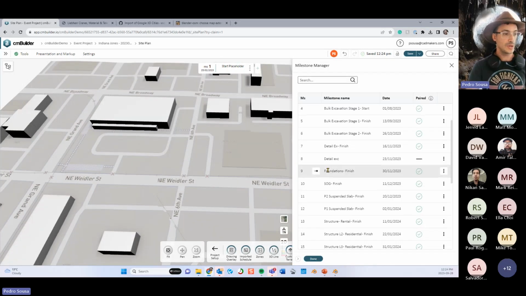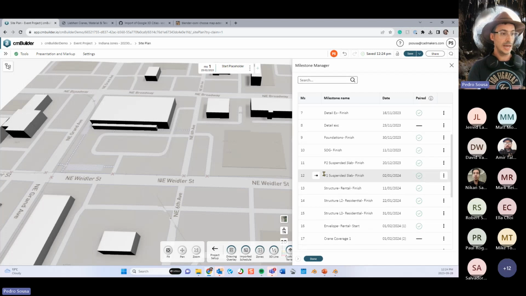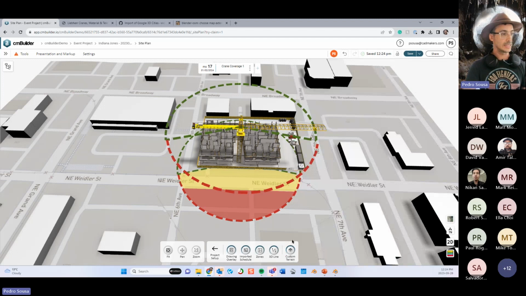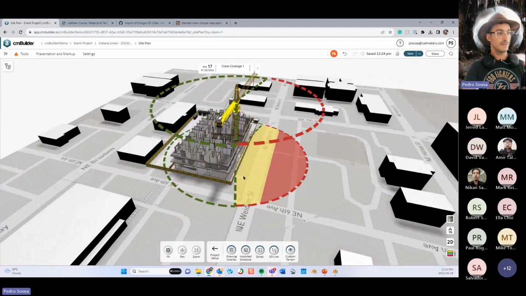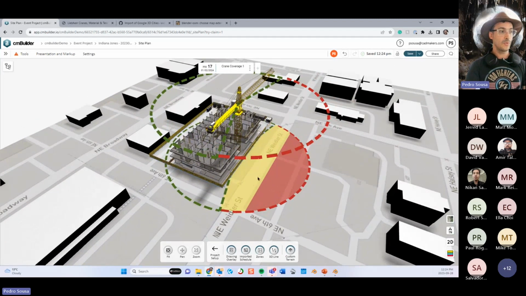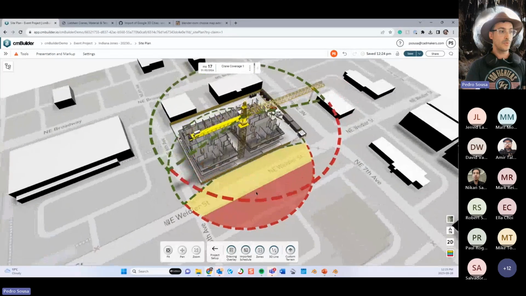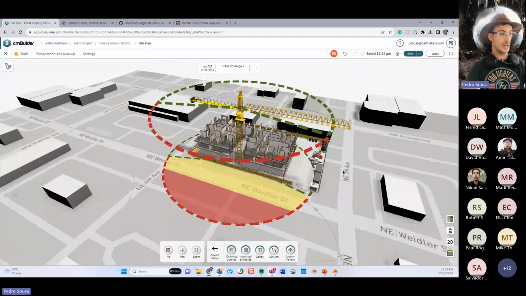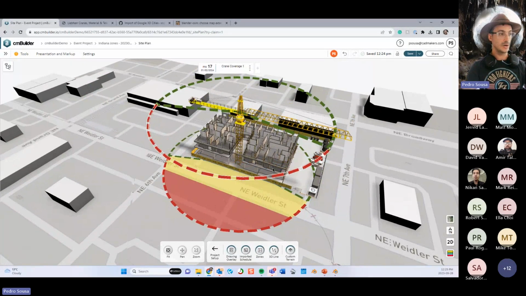But if I go into my milestone manager and I open over here my crane coverage, I already created something like this. And this is a very interesting way of using your zones and lines to highlight specific things related to your crane. So you can use lines like I did over here on the top. You can use zones and you can also use massing if you want to create the whole shape of